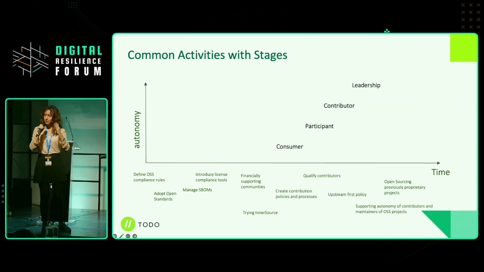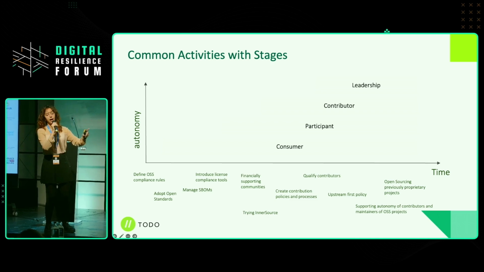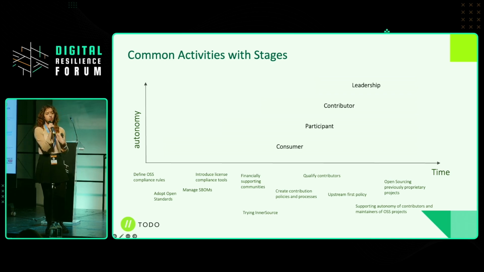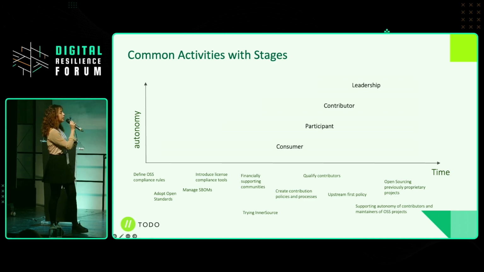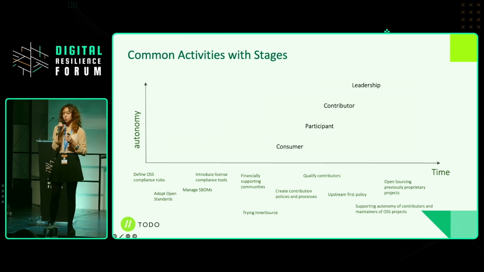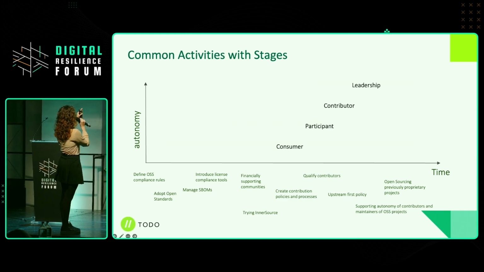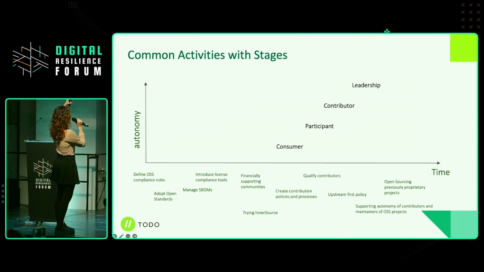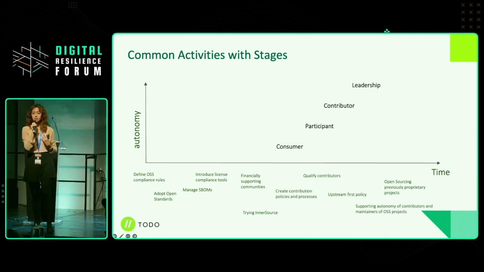And once they see that, they might say, oh, we are consuming open source, but we are not participating actively in open source, right? Like we are not involved in the communities. Or perhaps they're already making some contributions to open source projects that are critical to their infrastructure, to risk, contributing upstream patches to mitigate risk, and so on. So as you grow in this ladder, the autonomy of the organization is going to grow.